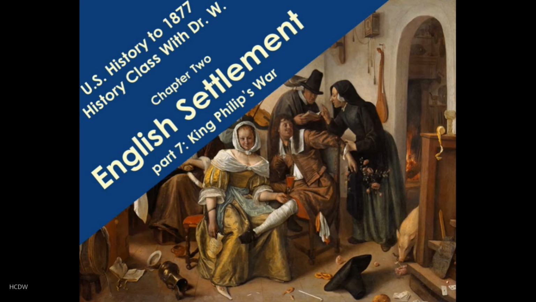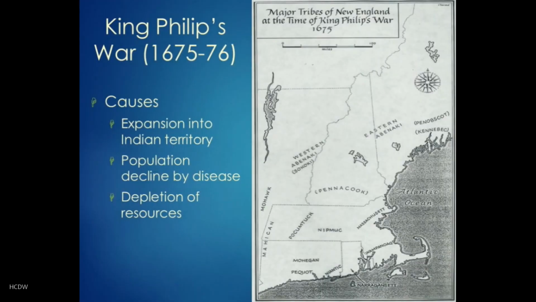So as we conclude this early discussion of colonial life, and in the next chapter we're going to talk much more about all of these kinds of factors, I want to talk about three particular incidents of upheaval within the English colonies. And as we talk about each one, you want to keep in mind things like who is in power, who is not in power, and what are they upset about? What action do both sides take? How does the government or whatever group is in power respond? And how are the incidents resolved? We're going to be talking about three different ones, beginning in this lecture with a war known as King Philip's War.